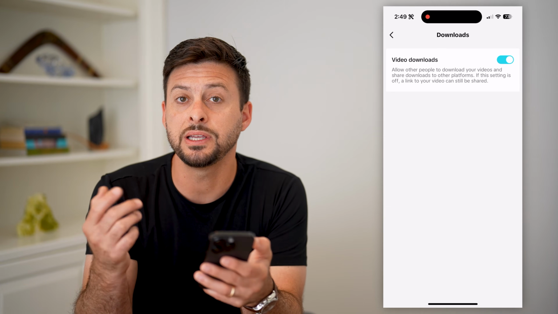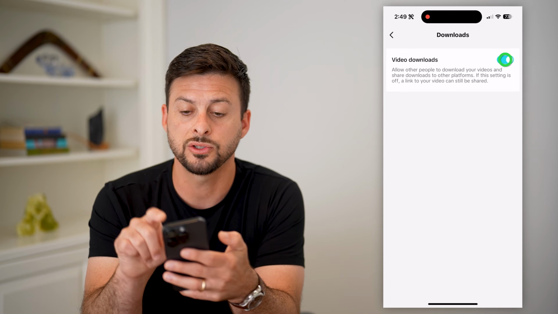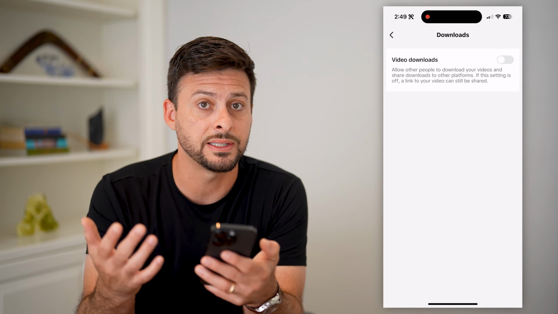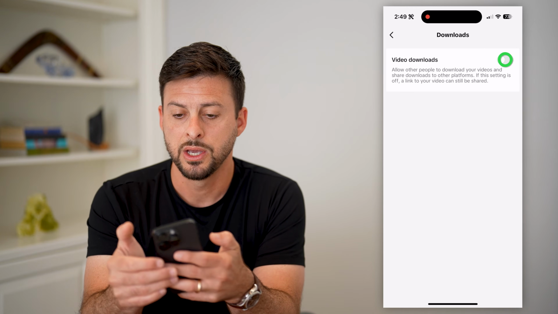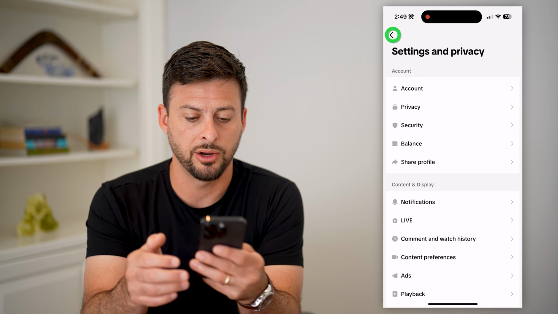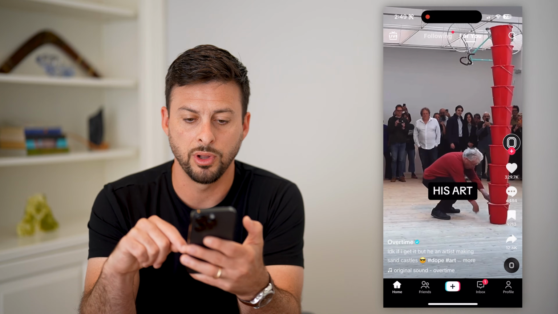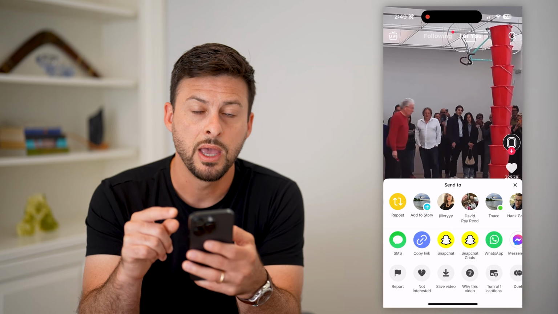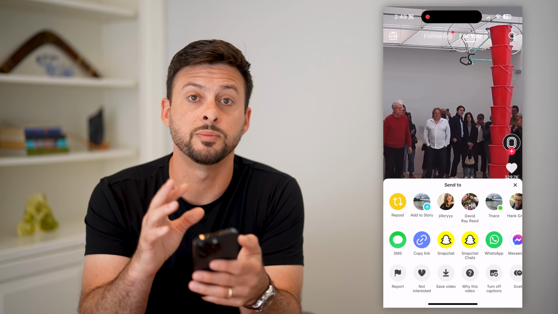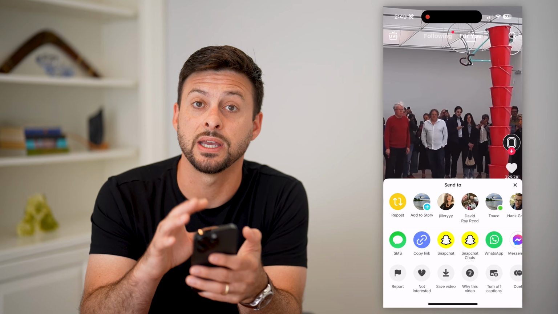So potentially the specific account that you wanted to download those videos from has just toggled that feature off, which means that they're not allowing anyone else to download their videos. So if we just go back here and tap home, just go to a different video, keep scrolling through and tap on that share icon and see if you can save other videos. Because if you can save some videos from some TikTok accounts, then potentially it's just a specific account that has